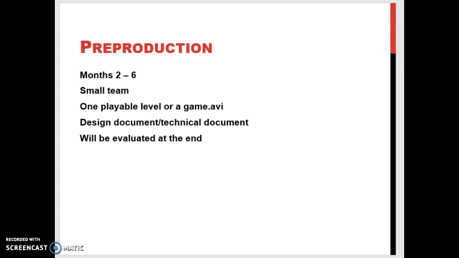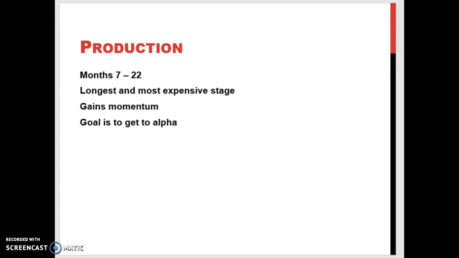So this is your goal that I want you to get to by December. Using a game engine and the concept document that you're given, you'll create a playable level or a game. And you'll also create a design document. The design document is kind of like the concept document, but it's a little bit more detailed because at this point, you will have a working game.